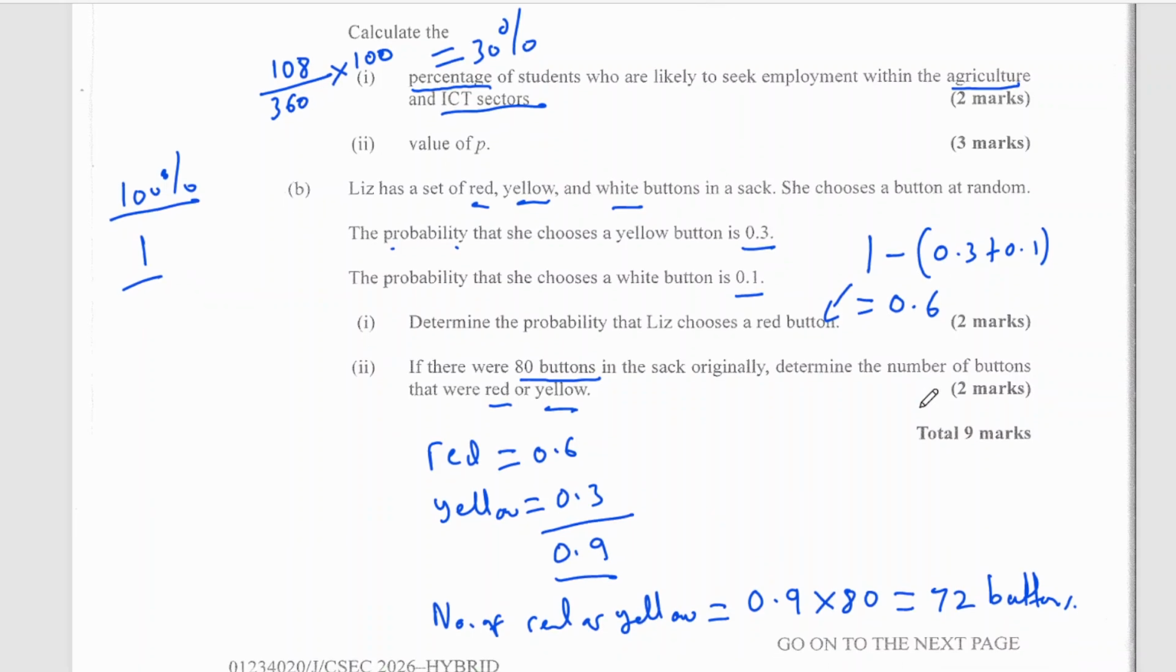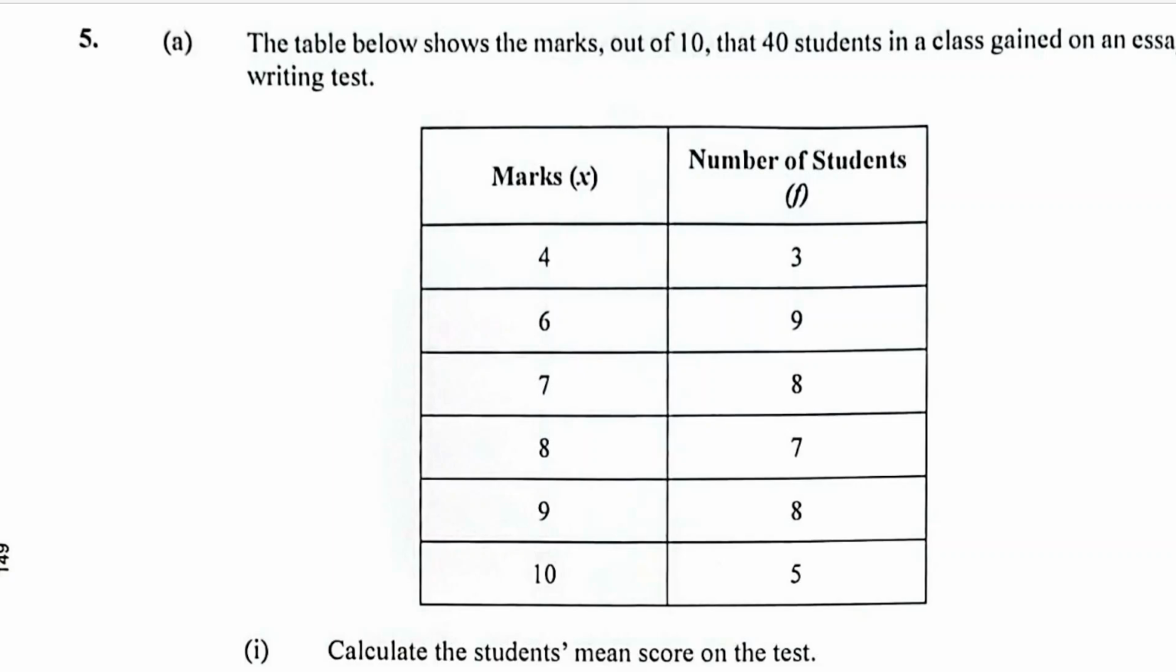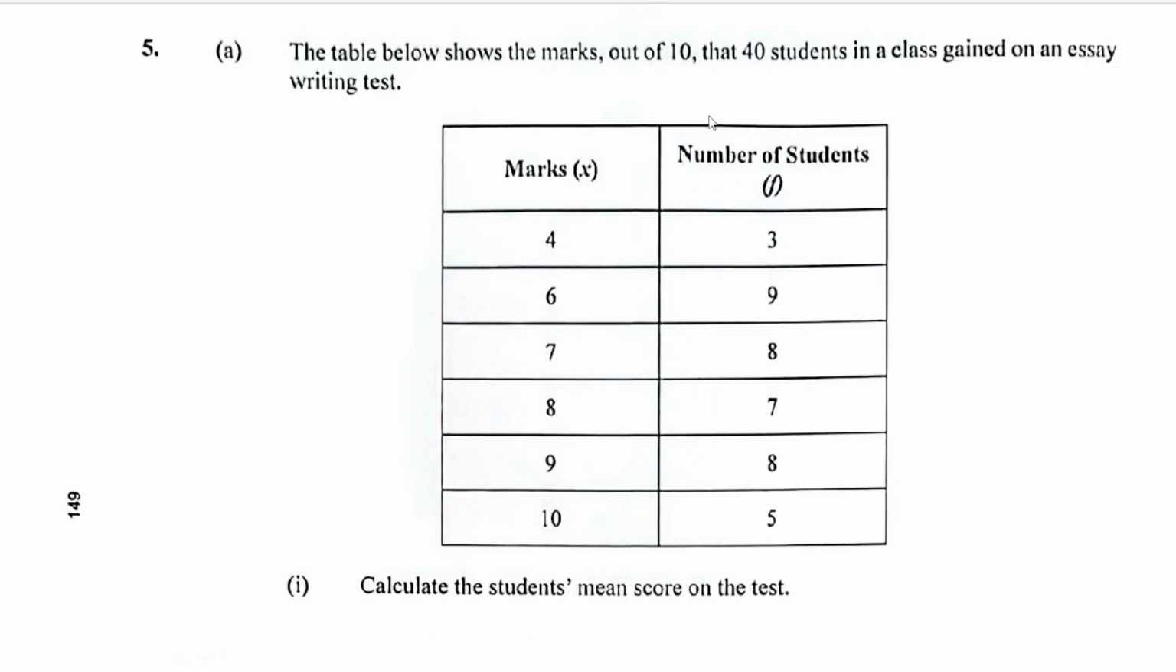So next up, we're going to look at January 2025. Right. So here, January 2025, question 5. So now we have a table which shows marks out of 10 that 40 students in the class gained on an essay writing test. Right, so this type of information we have here is called